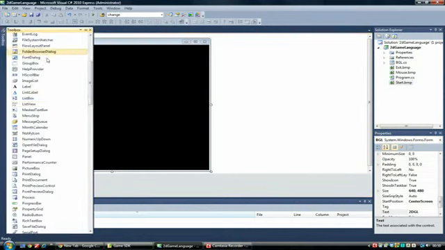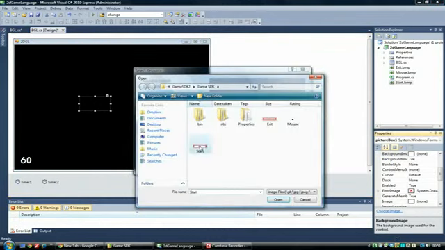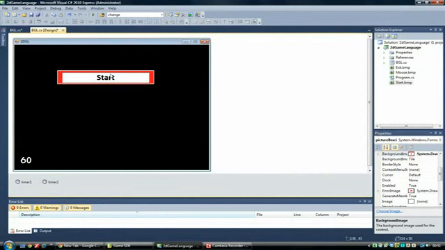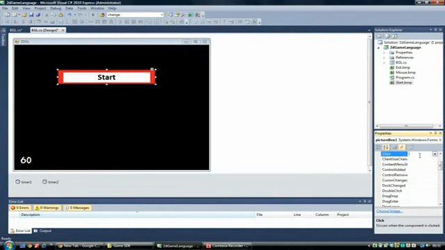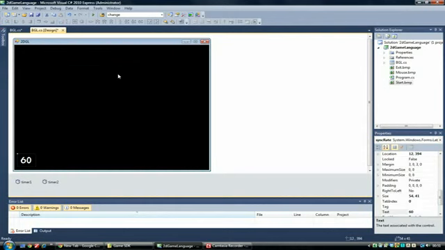Now, the first way of doing this is you can drag a picture box out, then you can set the background image to your button. There we go, and position it that way. Then you create an event. So in here you type your method, and when you click on that, you then proceed to hide these images or picture boxes. But I'm not going to show you how to do that because it's not really related to my game engine as such, and you'll probably find that it causes complications because the buttons aren't sprites